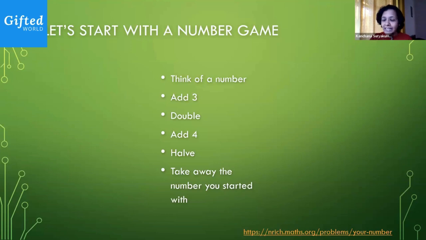So Anagha had another way of looking at this. She looked at the steps I've written out and said, you thought of a number, but at the end, you're going to take it away. So that's going to go away. You started with 3, you double 3, you get 6. Then you add 4, there is 10, and then you have it. So at any point of time, you're going to have just 5 with you.